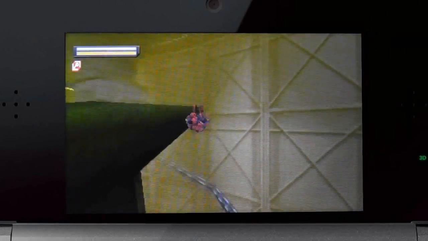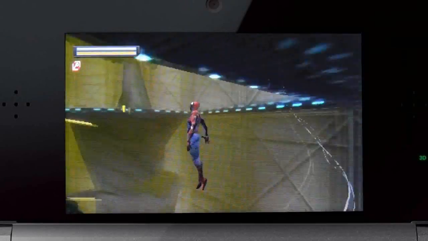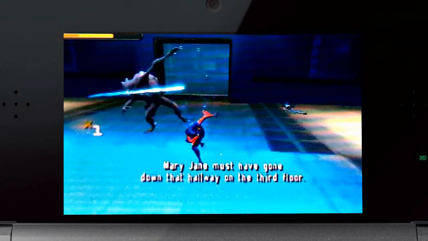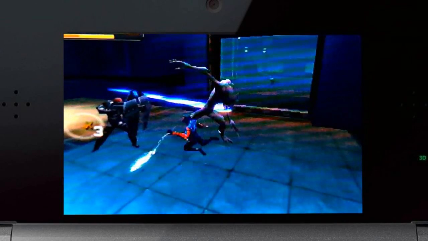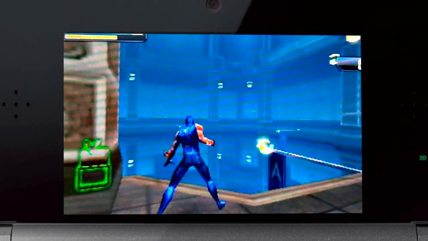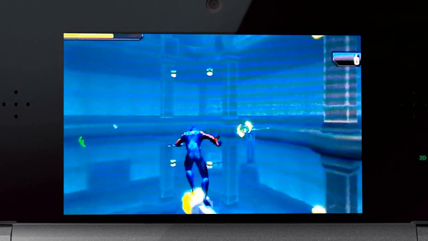So overall, the Spider-Man look amazing on the 3DS. The same can't be said for the enemies and environments, however. Sure, Anti-Venom looks great, but apart from them three, the other character models look like they had no attention to detail whatsoever. The environments that the Spider-Man encounter look different, but most of the stages look very similar, and as